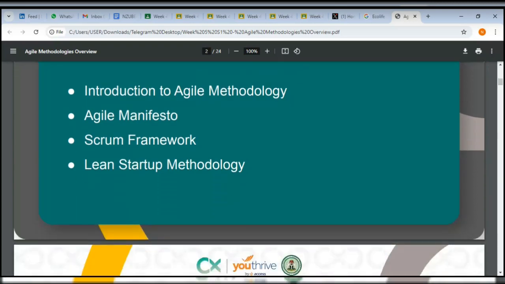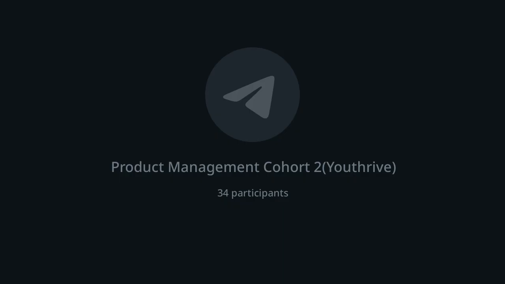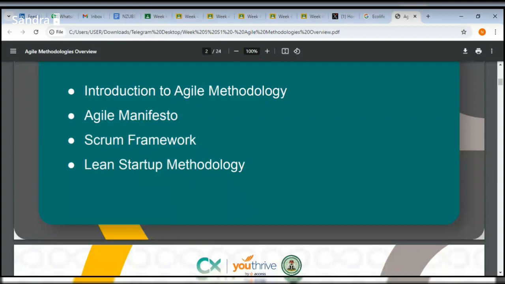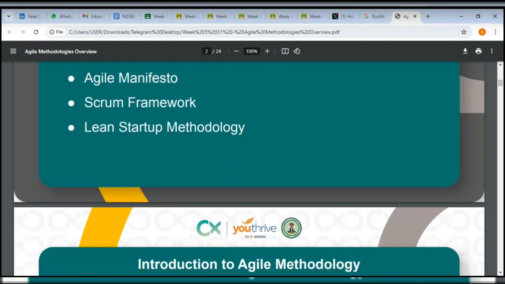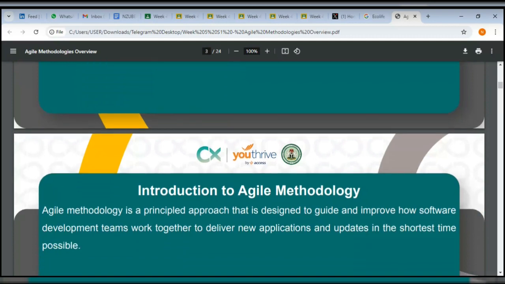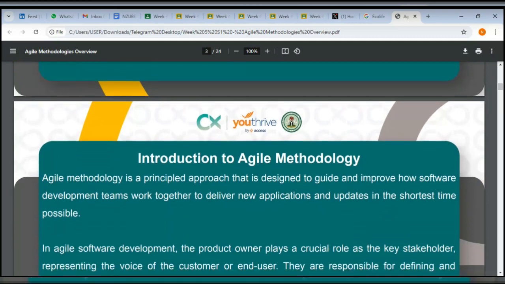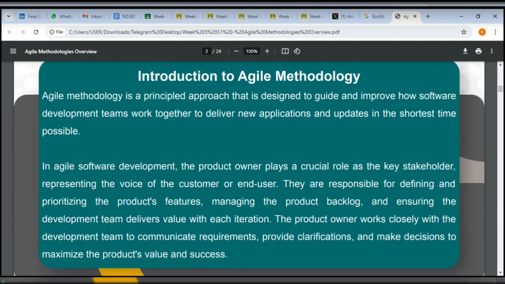And agile methodology is a popular project management methodology, and there is an agile manifesto, and of course under agile we have the scrum framework, right? And there is another methodology that is lean startup, and we will discuss all of them today. So I will be attempting to breeze through this